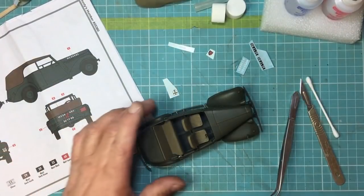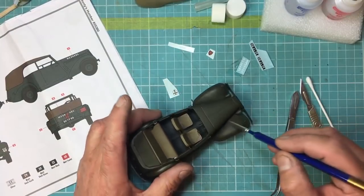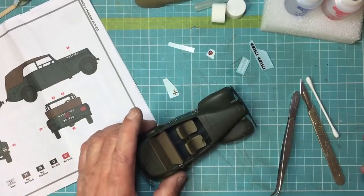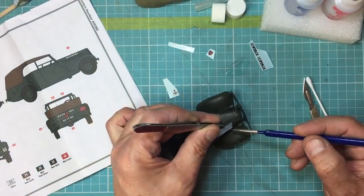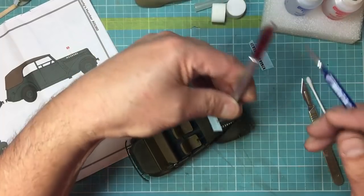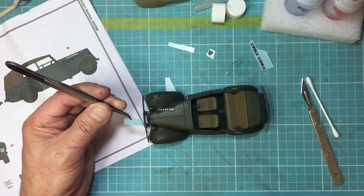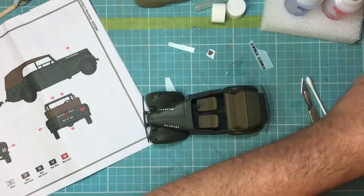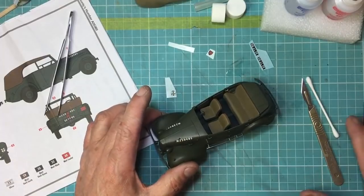So I'm going to get my micro set and just put a couple of drips on here where the decal's going to go along the edge of the bonnet there, the edge of the hood if you're in America. So I'm just going to pick this up, and then I can use my brush to just move that roughly into place like so, and then the same on the other side. Get some more micro set on there. Like so. There we go. Get rid of that piece of paper, and I can just move these around. I'm going to use my tweezers,